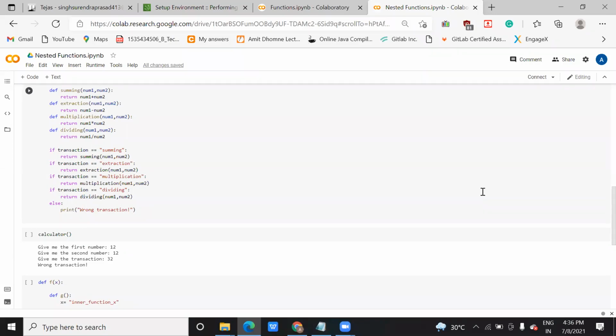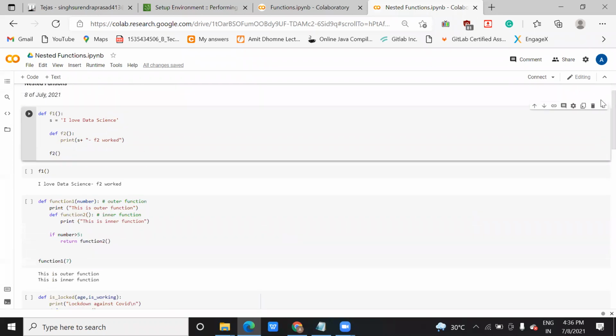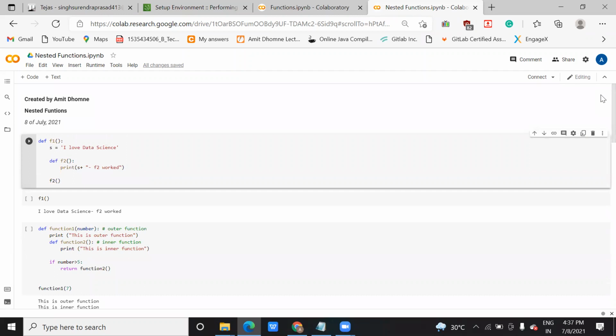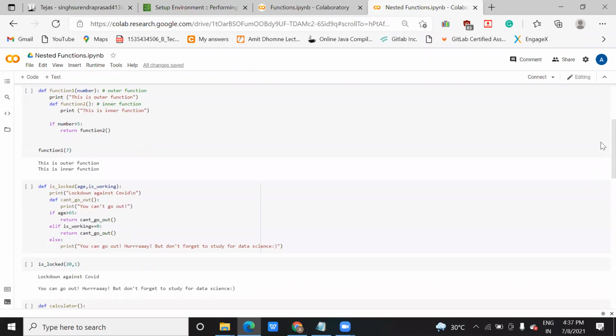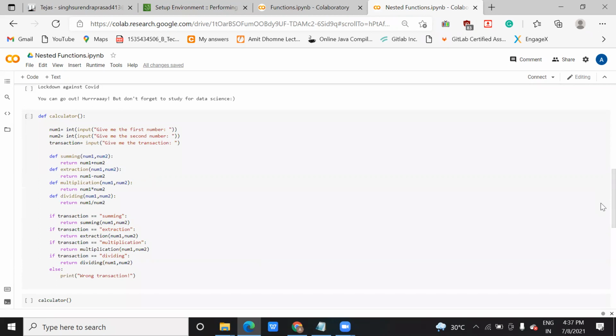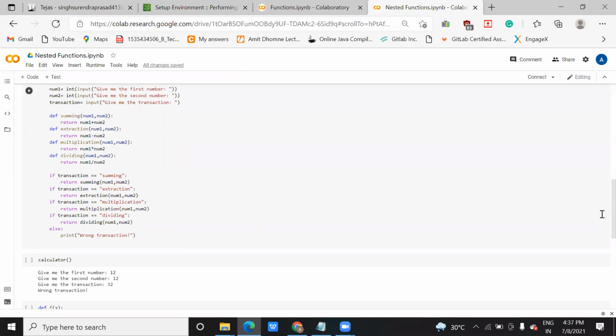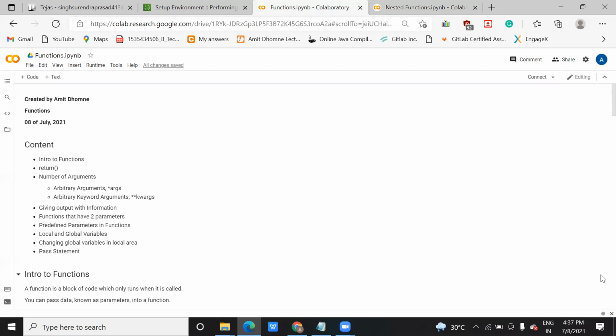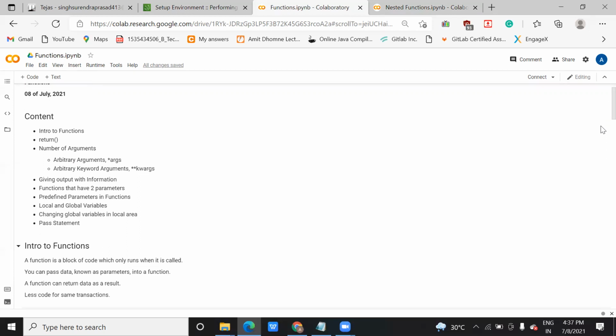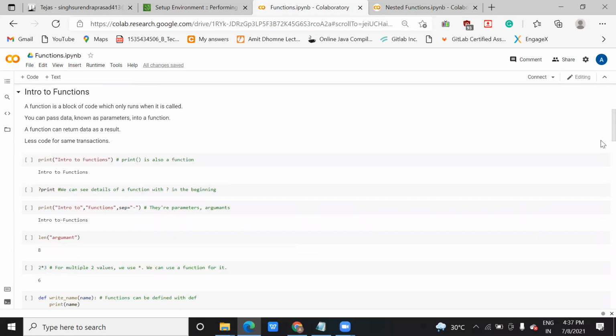So today I am going to show you the arbitrary argument, keyword argument, and non-keyword argument that we covered in the last class, and there are some more examples left. Nested function. Do you know how to do nested functions? Do you have an understanding of them? Yes, I do. Okay. Have you seen the video on arbitrary arguments and keyword arguments? No, I didn't get the time, but I'll watch it today. Okay, I can give you the general idea on that.